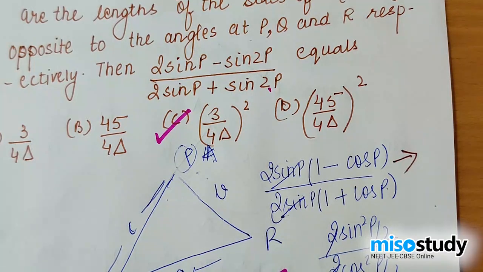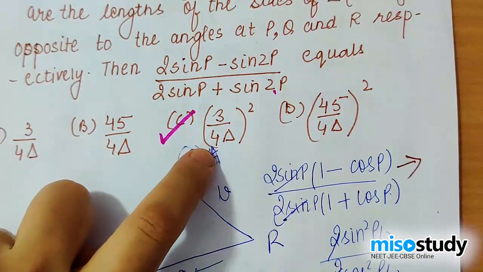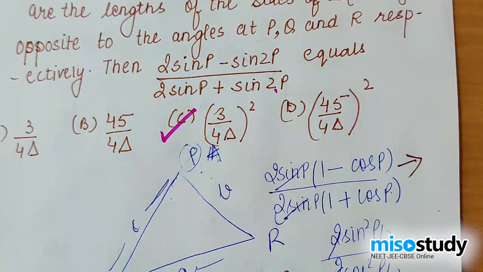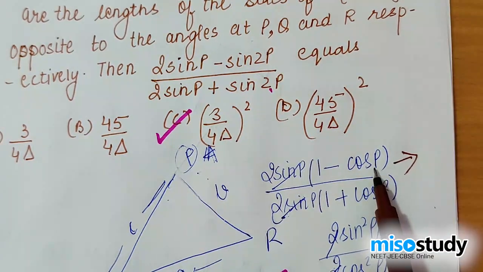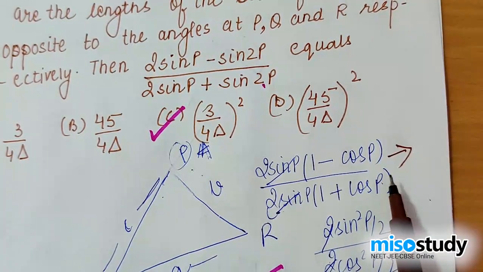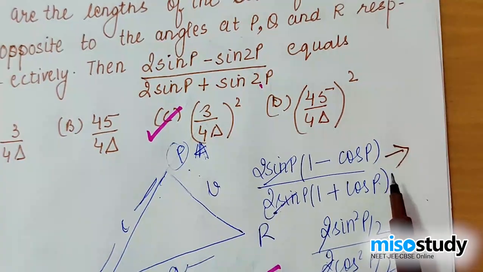That will be a numerical value, right? But since this is not the numerical value, you have to put the value of delta and find out whether this is equal to this or not. I hope you're getting my point. Once you calculate cos P, you'll get a numerical value, not in terms of delta for sure, by using the formula b² + c² - a², that one. Alright, so you'll get a numerical value.